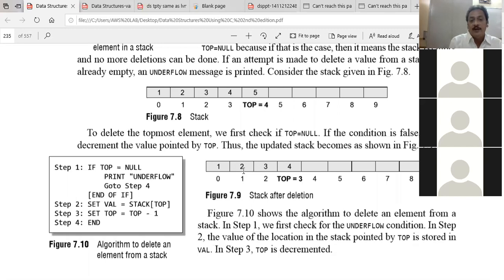If you perform one more time, what is the topmost element? That is 2. If you perform one more time, then what is the topmost element? That is 1. Like that you are supposed to delete all the elements from the stack.